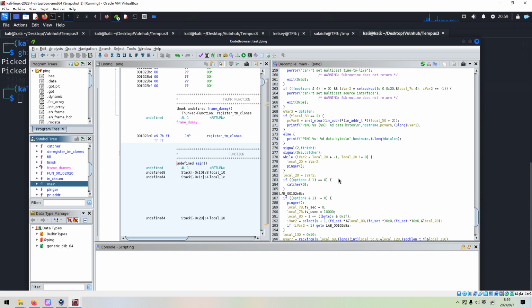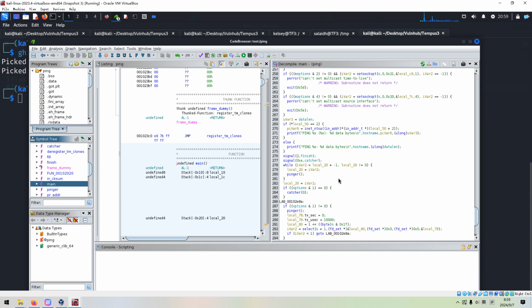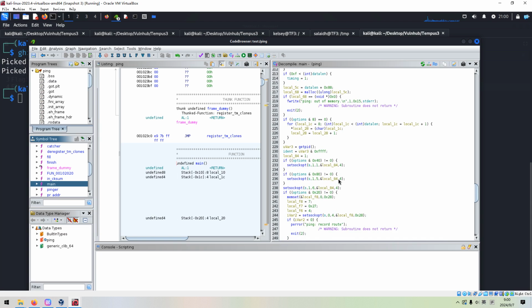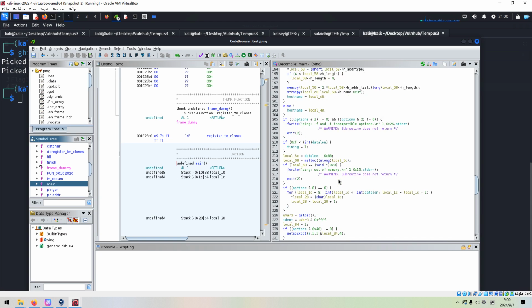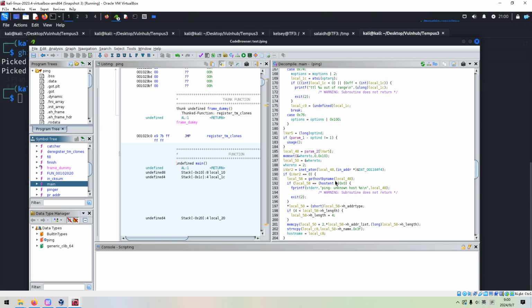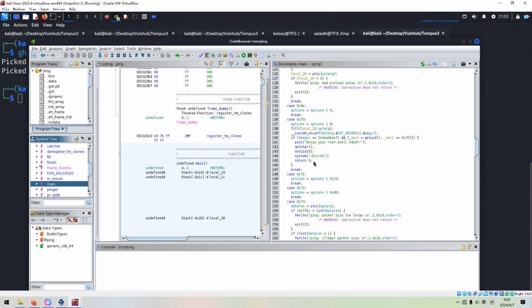Complicated binary. As you can see, you can notice here, "enjoy your root shell", which means that we can take advantage of this binary to elevate privilege to root.